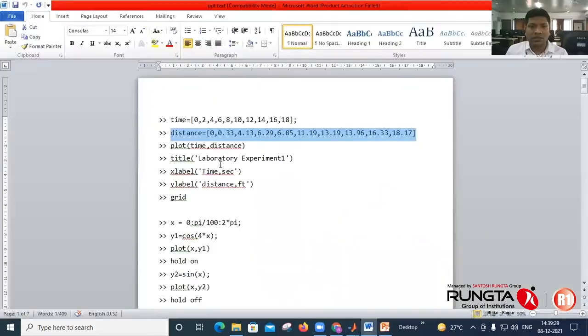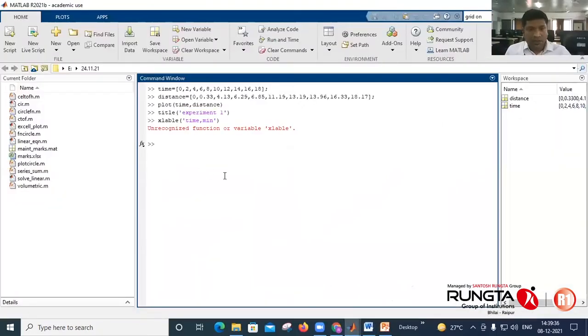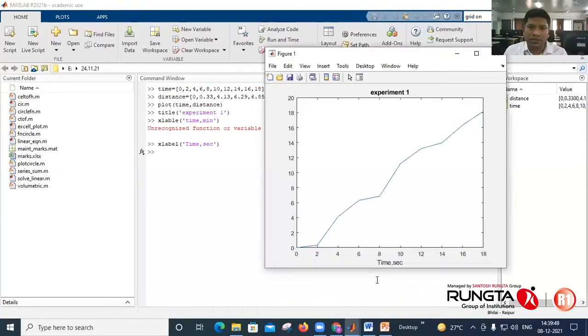There was an error. So xlabel, time, single quote complete. It will make the xlabel there, time in seconds.